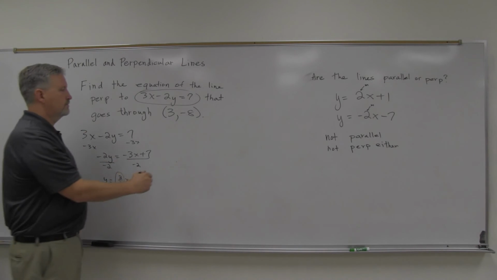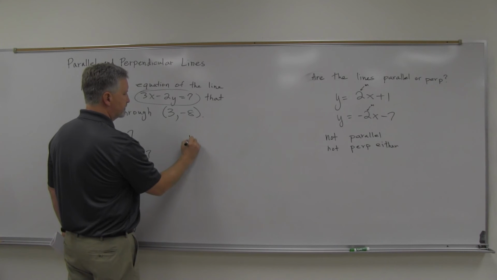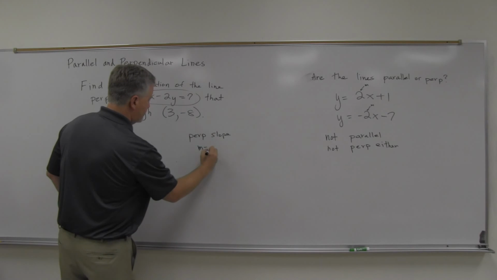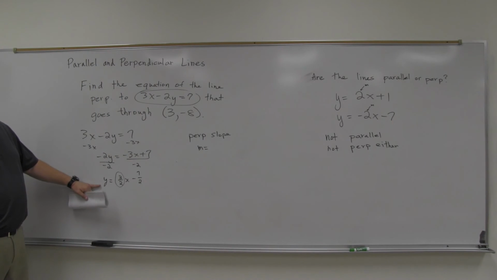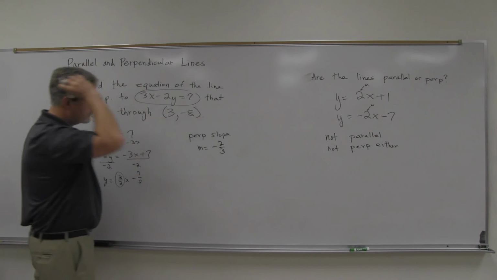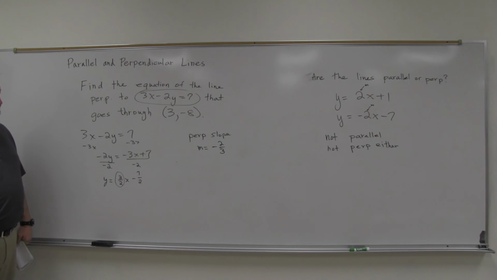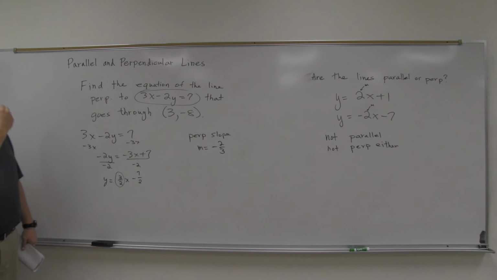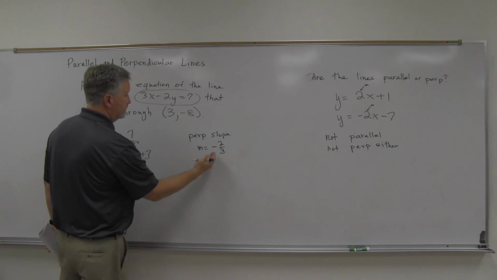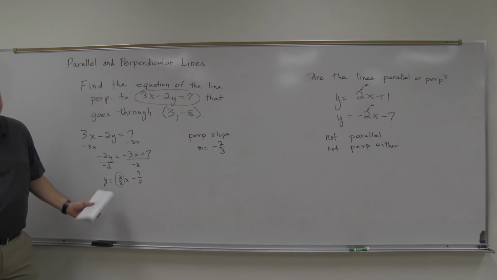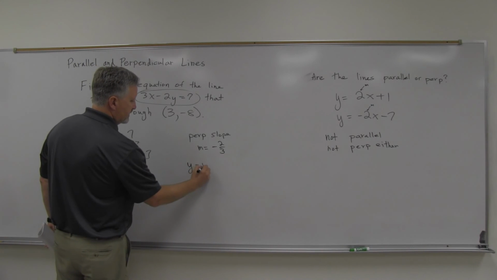I want, though, a slope that's perpendicular. And so that would mean this new line here is going to have, since this is 3 halves, negative 2/3, reciprocal. Easy enough. All right, well, that's the slope of the line. I want the equation of that line, though. So now it just becomes a similar problem we've done before. We've got the slope, we've got a point. I say let's just go ahead and look at y equals mx plus b. I've got the m,